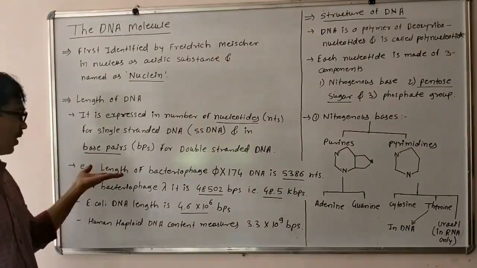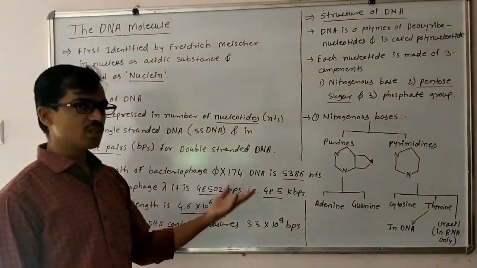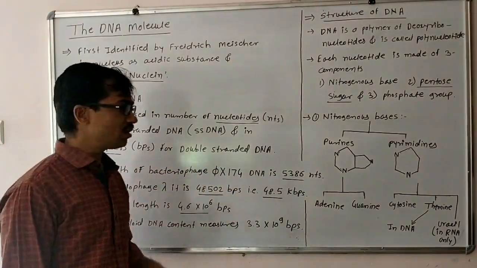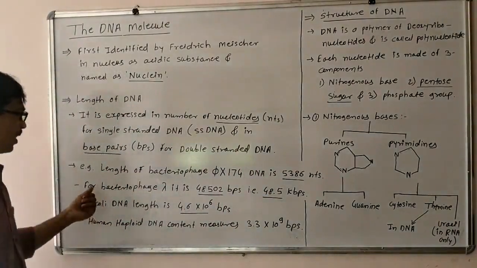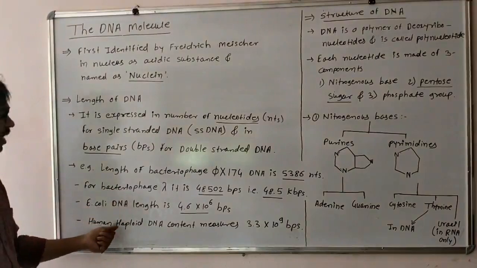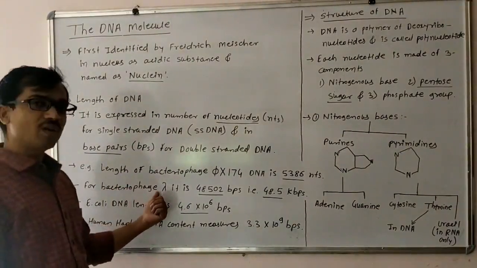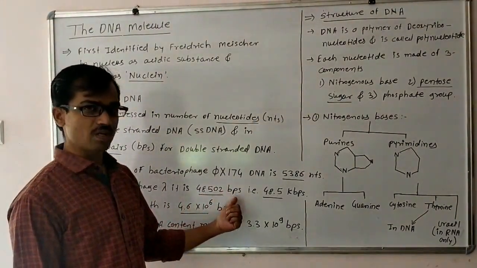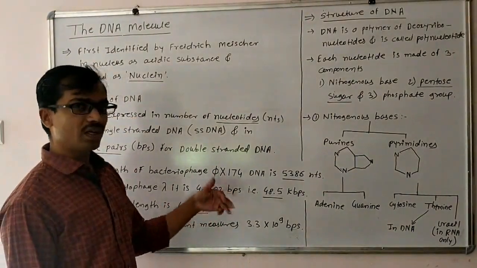So for example, the length of bacteriophage phi X174 DNA, which is a single-stranded DNA, is 5386 nucleotides, referred to in nucleotides because the genetic material is single-stranded DNA. And in some other viruses and some organisms, the DNA is double-stranded. For example, bacteriophage lambda, which infects E. coli, has 48,502 base pairs as the length of its DNA, and the base pairs indicate that it is a